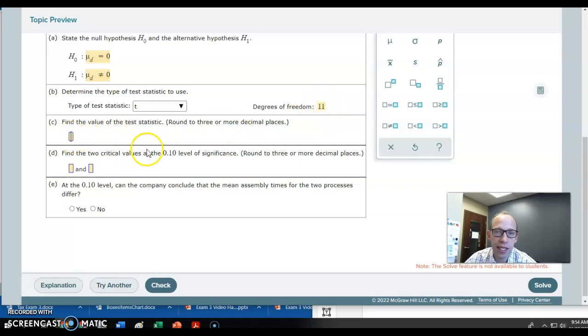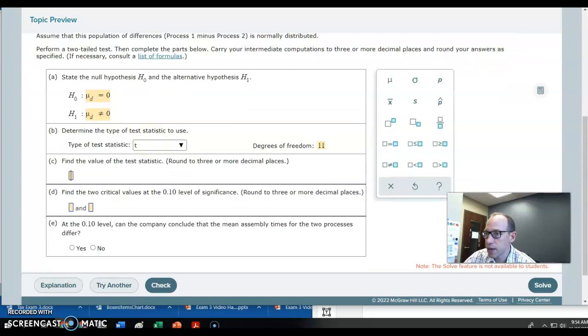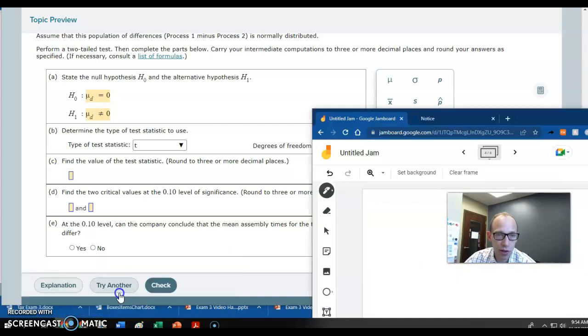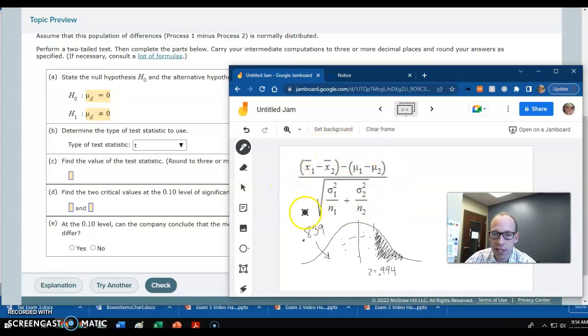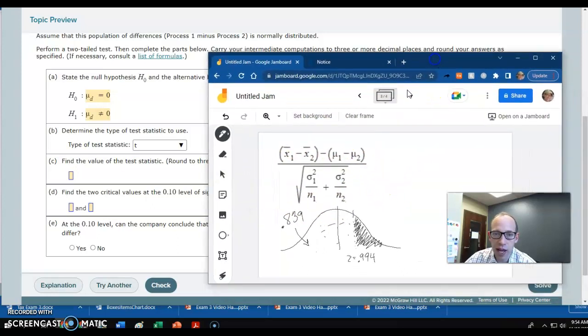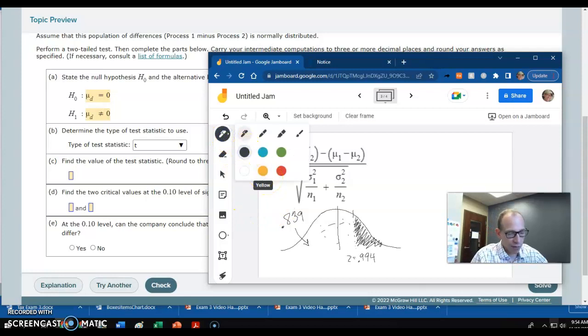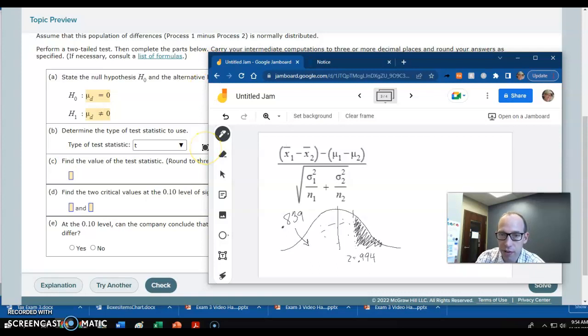Value of the test statistic, this formula we saw in another video. We saw the formula here. This is for the Z. Now in our case, we don't have sigma. We don't have the population standard deviation. But what we can calculate is the sample standard deviation. So we have a very similar formula that goes like this. We'll take the difference of our sample means again. And then here,